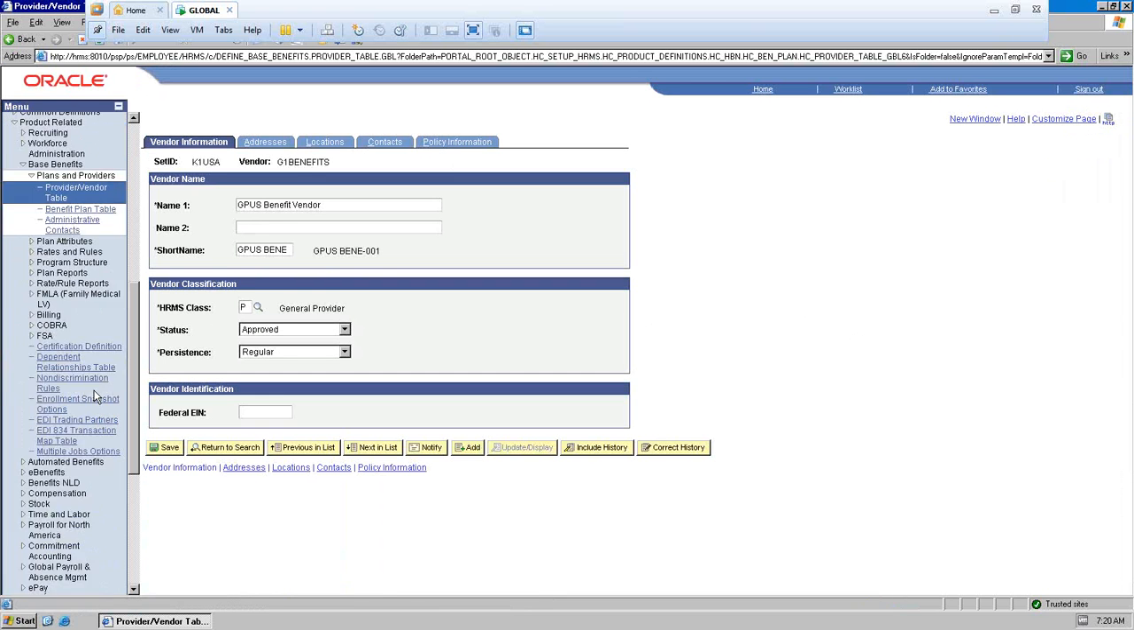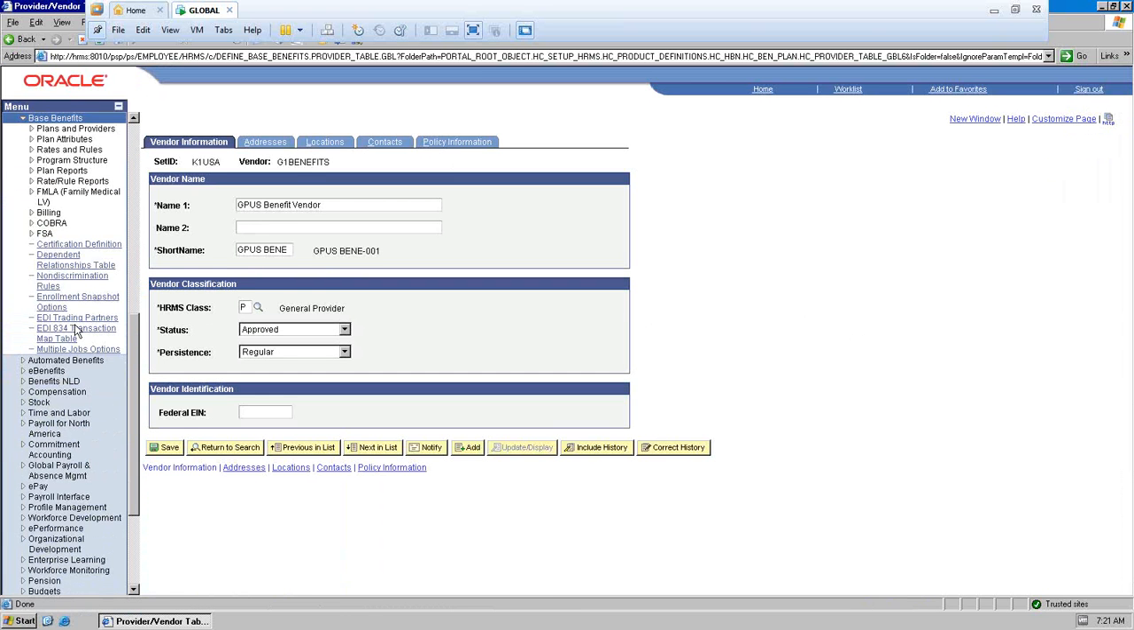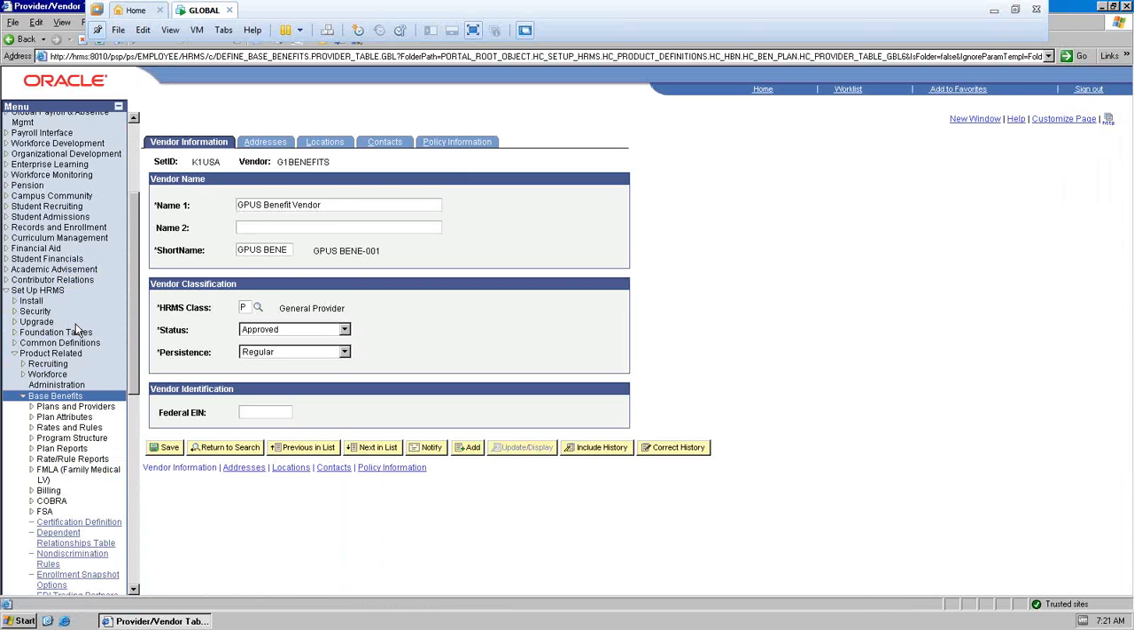Then you remember where we define benefit programs? Benefit programs are defined. You mean by the HR or by the employee on the employee level? By the HR, benefit program table. Table setup can be done by the company, by the HR, but assignment of benefits at the employee level is always done by the benefits HR. So the navigation is setup HRMS, product related, base benefits, program structure,